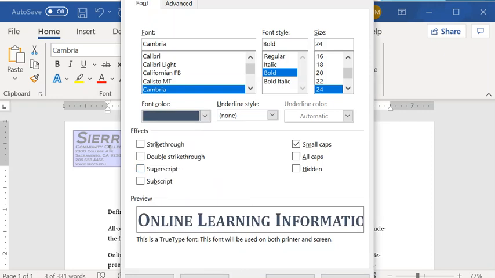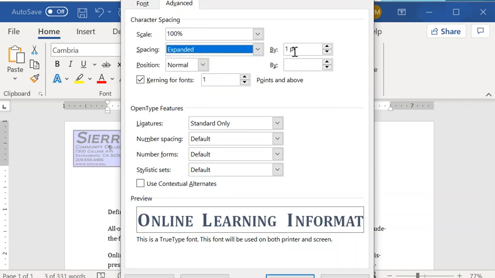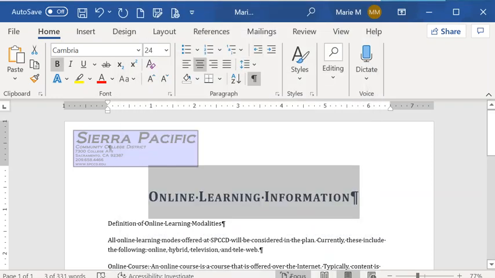And then I'm going to click the Advanced tab. And I'm going to click the spacing drop down and change it from normal to expanded by 1.2. And I'm going to click OK. Step 7,